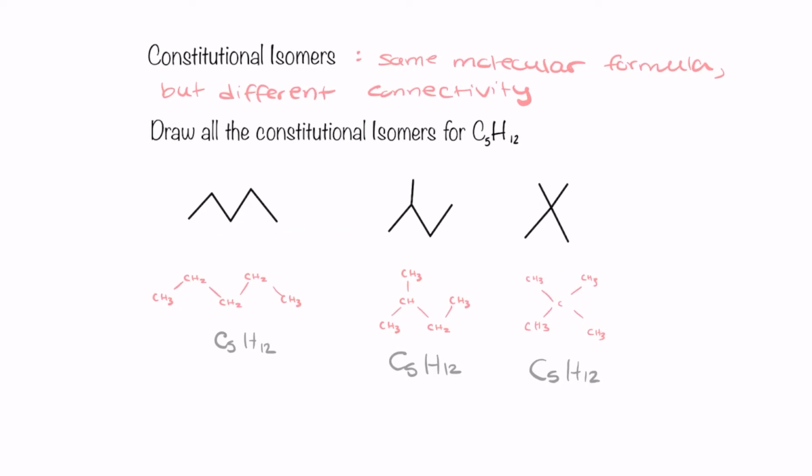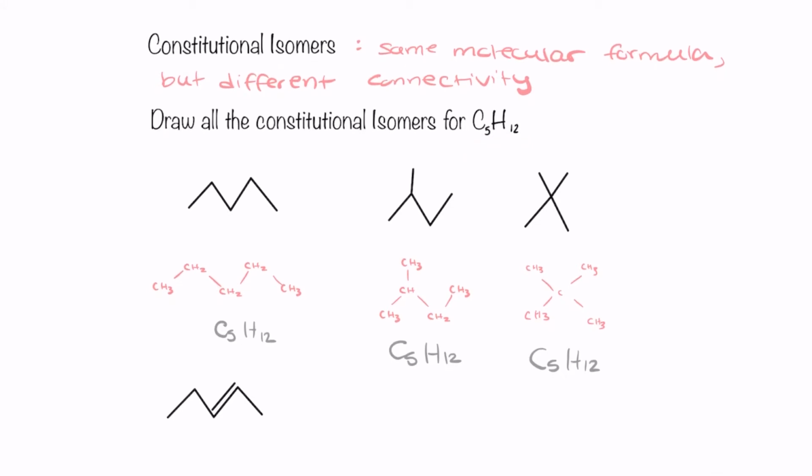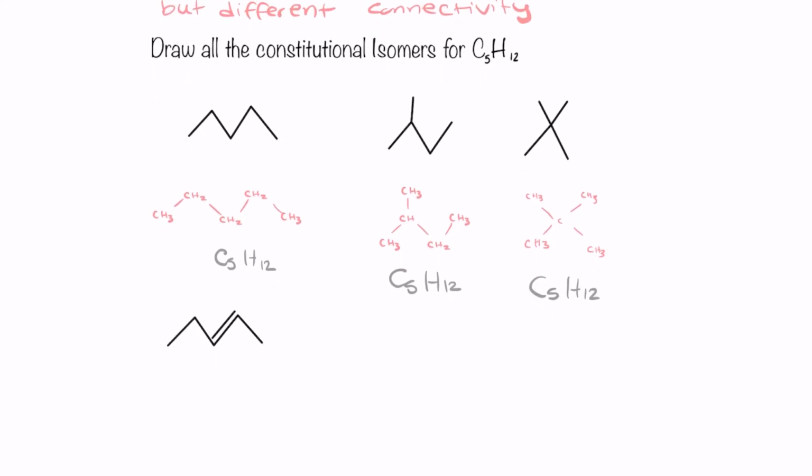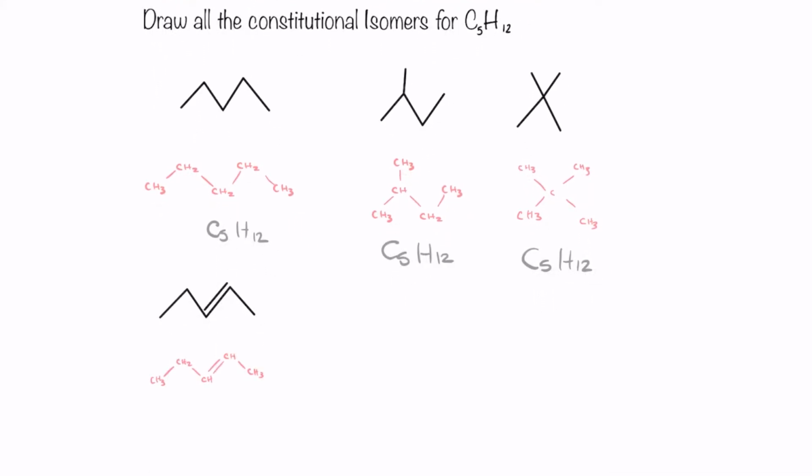So now you might be wondering, what if I draw a pentane chain and place a double bond here between carbons 3 and 4? Does that have the same molecular formula as C5H12? We could take a look at the condensed form to figure it out. If we tally up all the hydrogens in the condensed form, we see that we have 3, 4, 5, 6, 7, 8, 9, 10. The molecular formula for this structure is